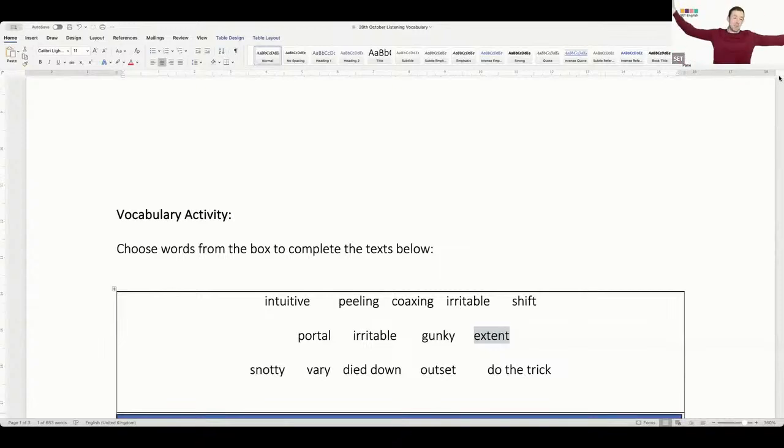So it could be the size of something, but it could also be the spread of something. I often bring up COVID. I remember when I first heard about COVID in the UK, and then a week later, everybody had it. So I was amazed at the extent to which it had transferred and progressed through the country. So it's not just physical size. It's also how much in any way, shape or form. It's not just spread, it's not just amount, degree. Degree is a good one. Yeah, the degree, the extent.